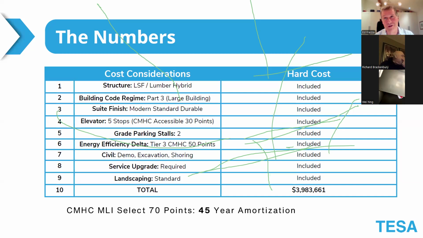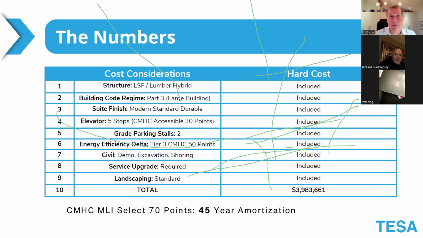We're definitely not going to the luxury end, but we're not going to the cheap end either. So we're looking for standard durable finishes, and that's reflected in the hard costs. So you can see how we're fine tuning the numbers for what we're building. We're not just using very general numbers. The more specific the numbers, the better the results. As the saying goes, garbage in, garbage out. So the more we can refine the numbers at the earlier stage, the more we can rely on the numbers and the less variance there will be.